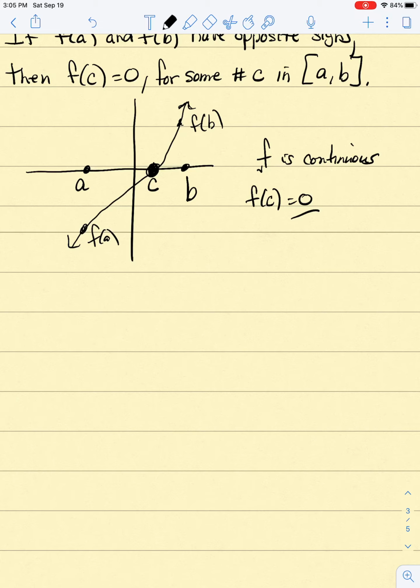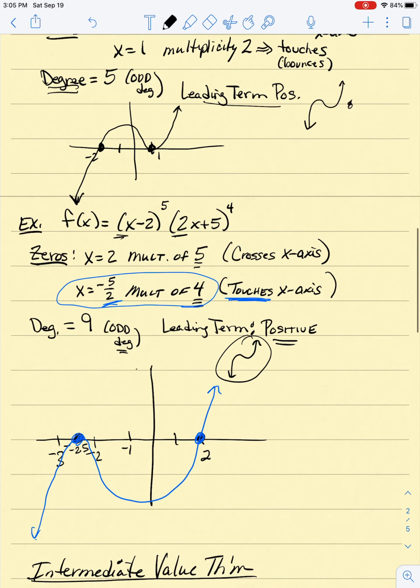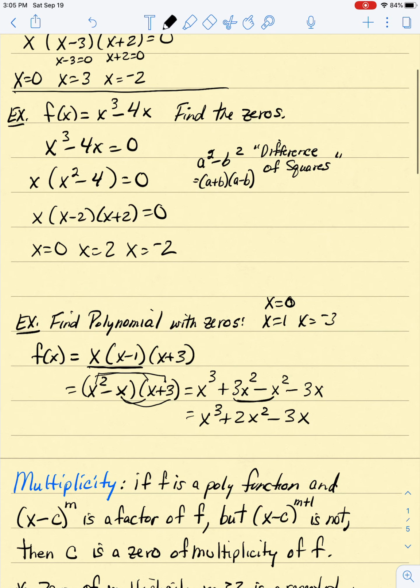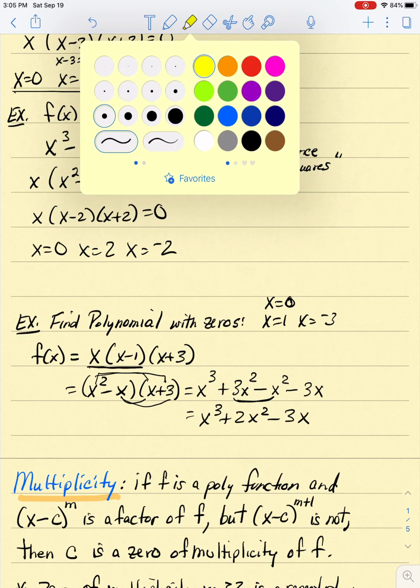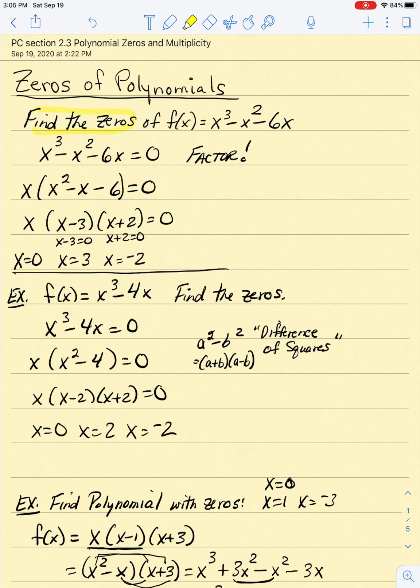Okay, do I have anything else for you here? It looks like we've covered everything. And certainly if not, give me a shout. Let me know what I can do to help out. So again, the focus here, we had to talk about multiplicity. We had to talk about zeros of polynomials, finding zeros,